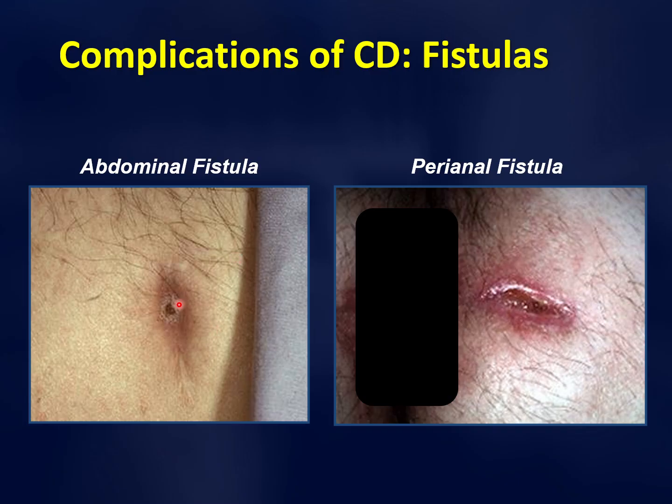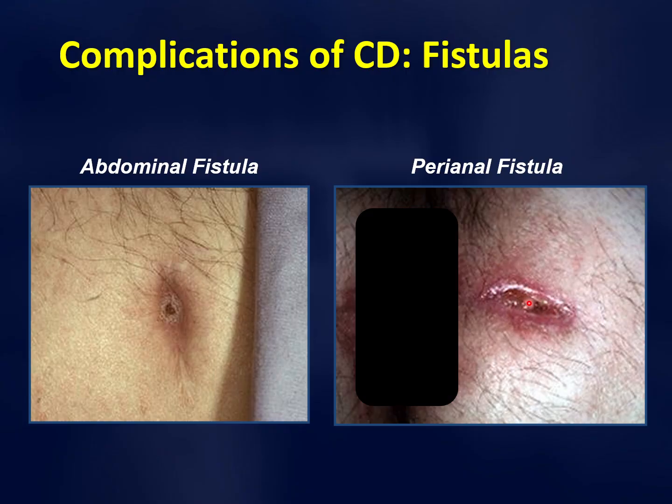To the left, you see here the opening of an enterocutaneous fistula. It's a communication between the bowel and the abdominal wall and excluding pus. And to the left, this is the perianal region, and the anus is located in the black covered. And to the left, you see in the perianal region an orifice that is really producing pus, and this is